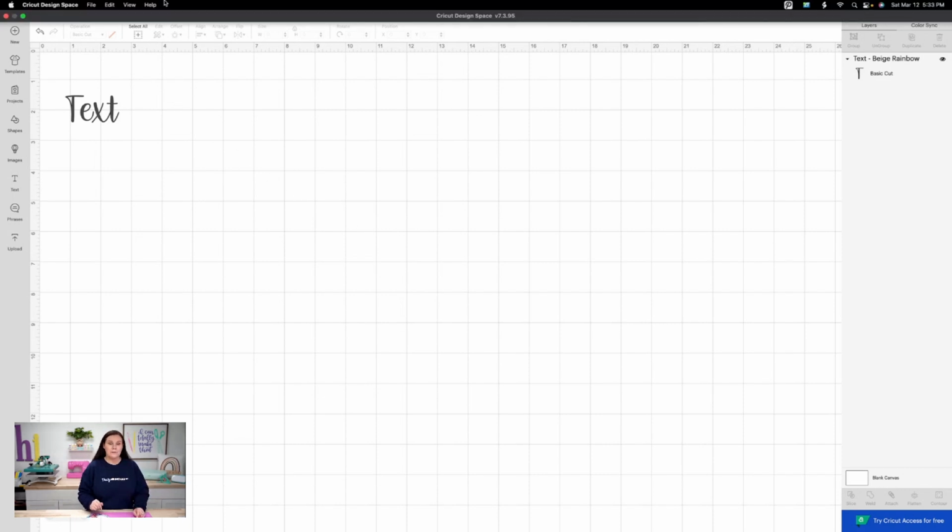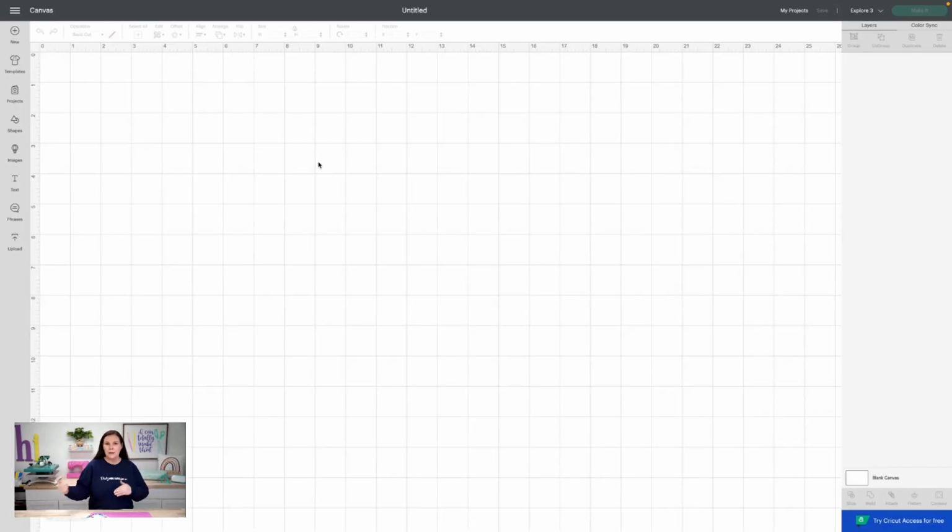Scroll up here to the top of your screen, and you're going to see where it says View. From here, you're going to click on View, and then you see where it says Reload. If your screen ever freezes with Cricut Design Space, you guys know that we sometimes have some bugs whenever they do new updates and things like that. If you ever need to do a force reload, you can also find that here as well. So what you're going to do is click on Reload, and now the font will be available. Until you completely exit out or come back in or click on Reload, your font's not there.